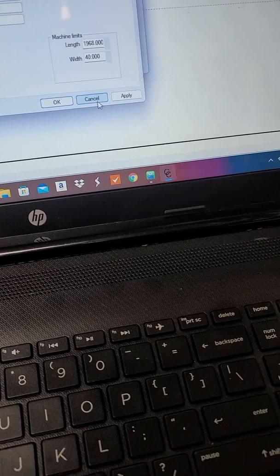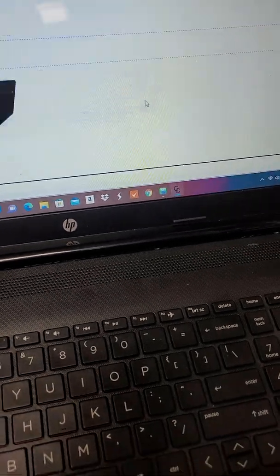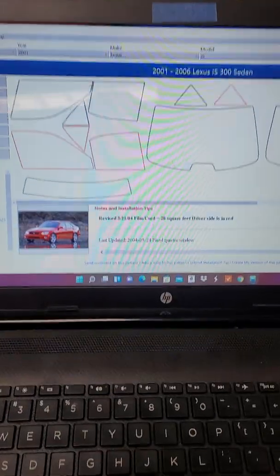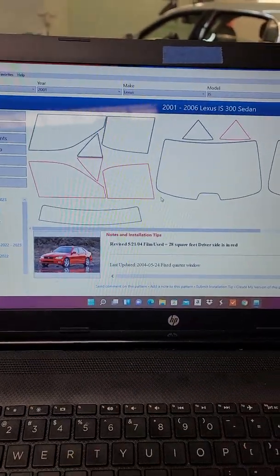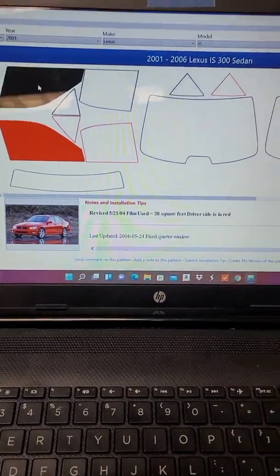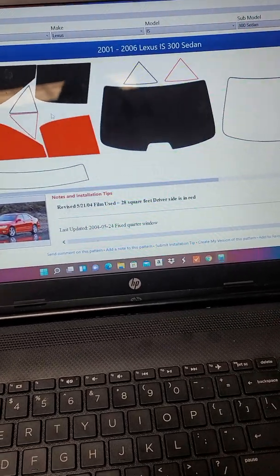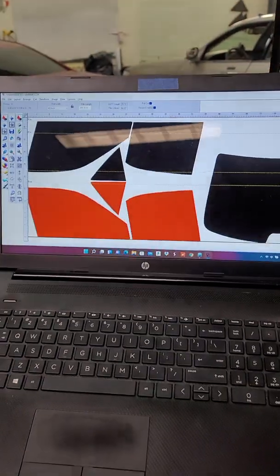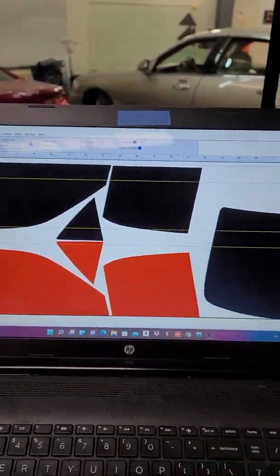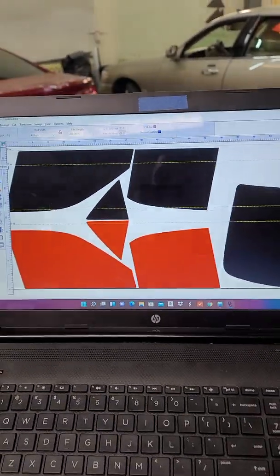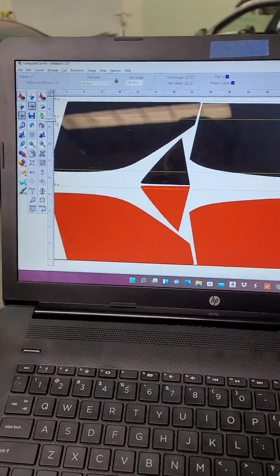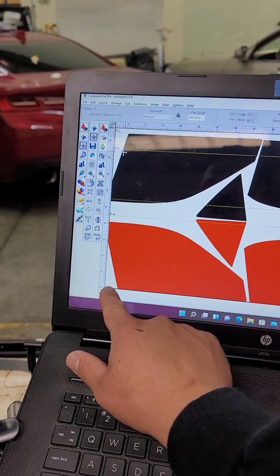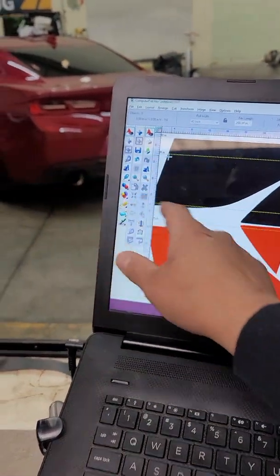The other problem that we were having is, let me close this out. Let's say for instance this customer decided to get the same shade all the way around. So let me select everything, and then it's going to come into our pattern. Let's click cut. So here's our full cut spectrum, right? The problem that we were having is that originally ComputerCut would start, after you send it to cut into the plotter,